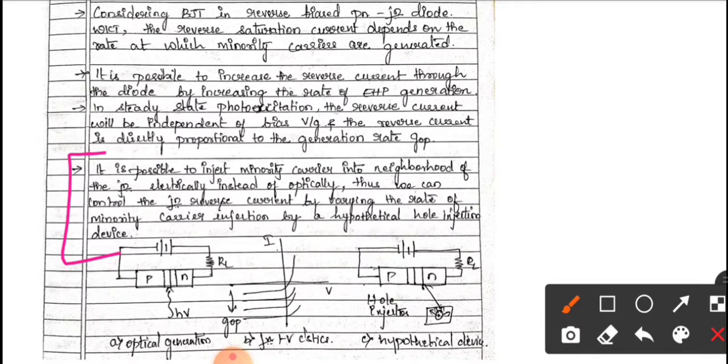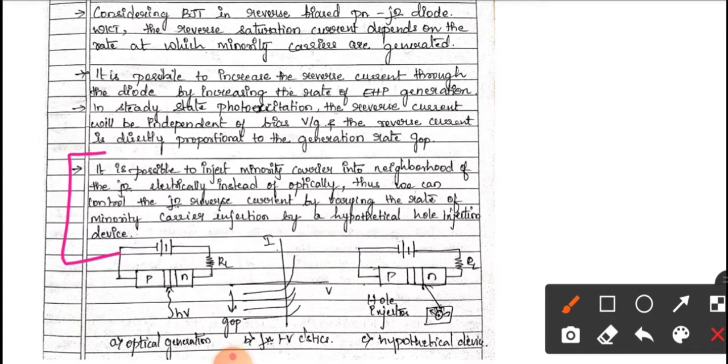What we are saying is that under a reverse biased PN junction, the current depends on the generation of electron hole pairs either thermally or optically. If we have a Hall injection device, that means a minority carrier injection device operating electrically, then even in the absence of light we can have a large amount of current flowing through the device